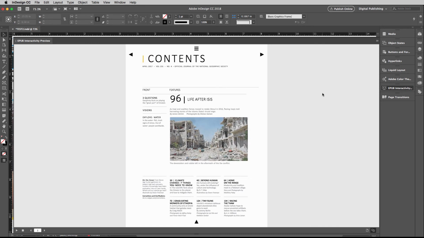Okay, I noticed a couple things that happened. The word contents came in from the left, and I brought in a video to replace the image that was right here. So when I talk about creative license,